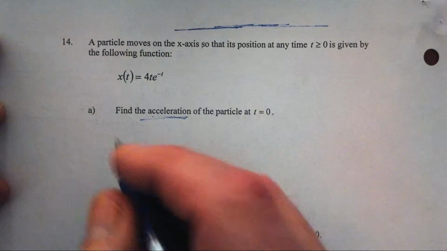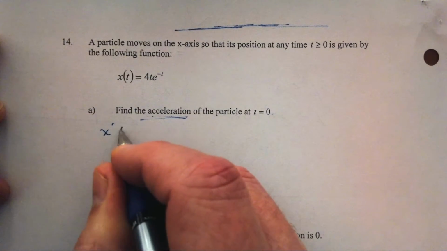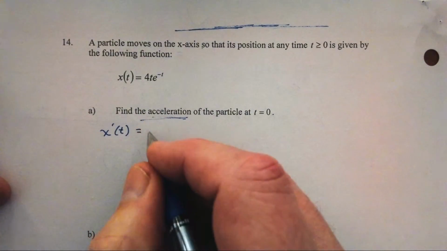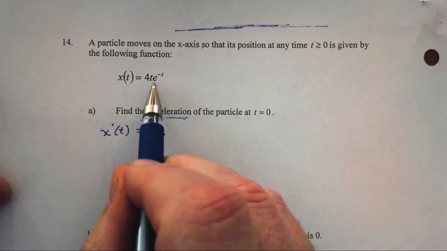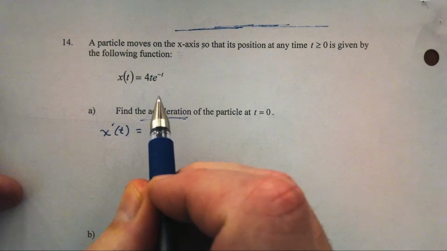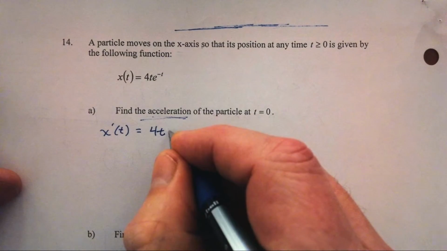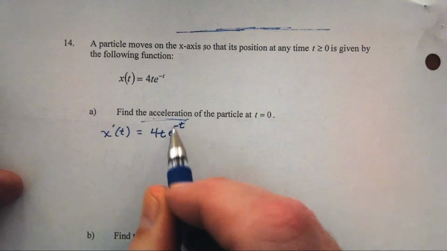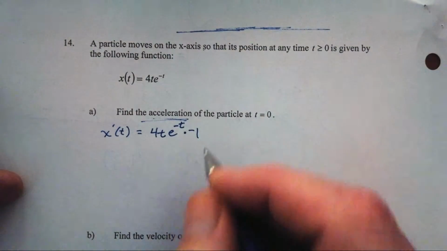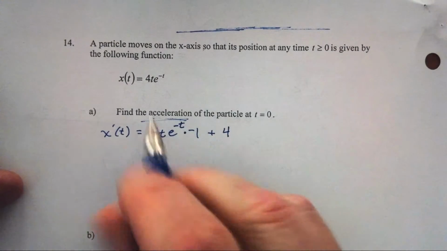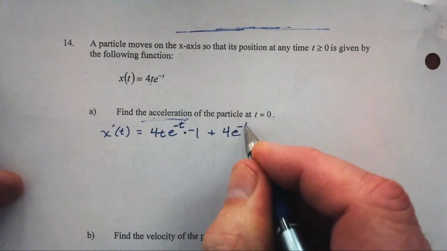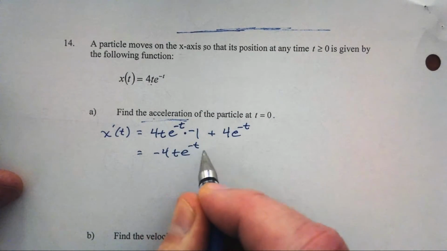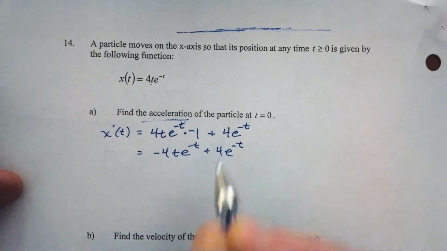Second derivative. So first derivative, x prime of t. I want the plain old first function, 4t, times the derivative of the second. Well, the derivative of e to the negative t wants to be e to the negative t, but we have to take it times the inside derivative. Derivative of negative t is negative 1. Plus the derivative of the first function, just 4, times the plain old second. So that is negative 4t e to the negative t plus 4e to the negative t, which is okay, but